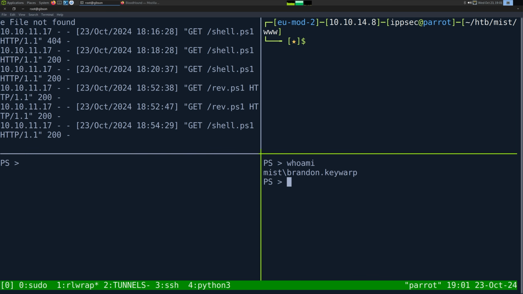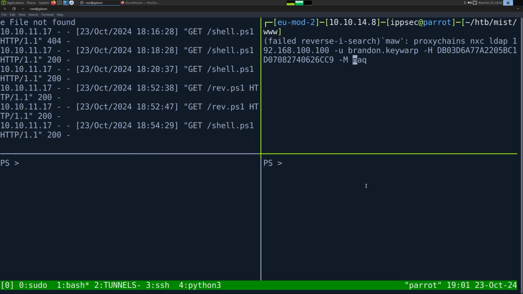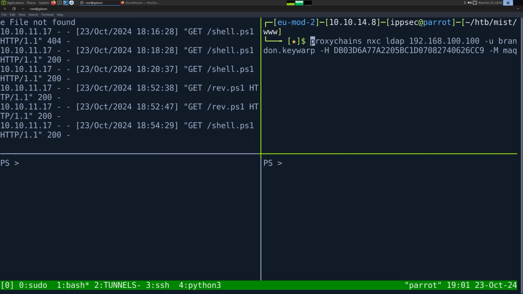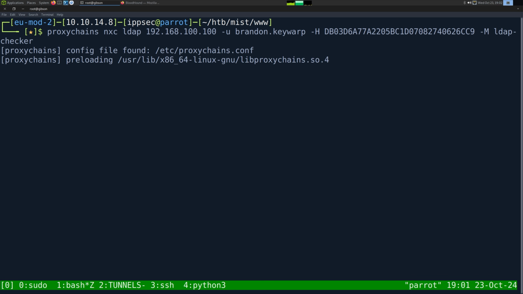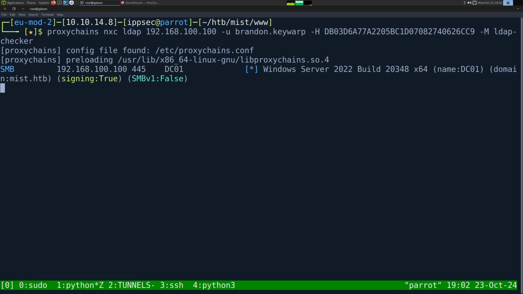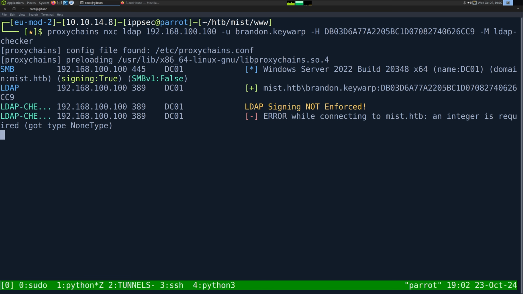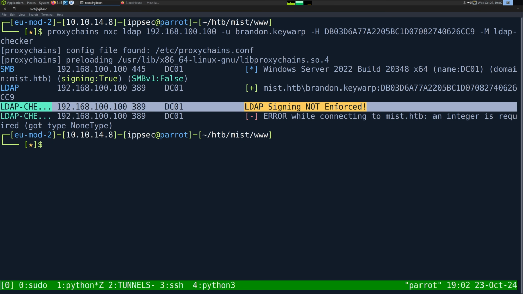Okay, I got my shells set up. We're Brandon there. We're SVC web here. And there's one other piece I did not mention when we did our enumeration. If we go back to the net exec command, when we enumerated if we could add machines to domain, we can also do ldap-checker, and this is going to tell us if LDAP signing is enabled or not. And if it's enabled, then this attack will not work. We won't be able to do any type of relaying, but since LDAP signing is not enforced, we can do